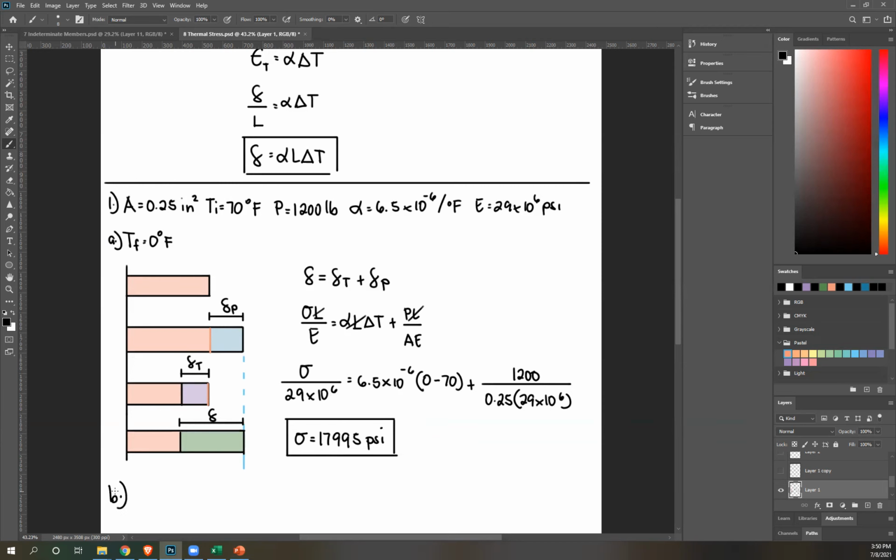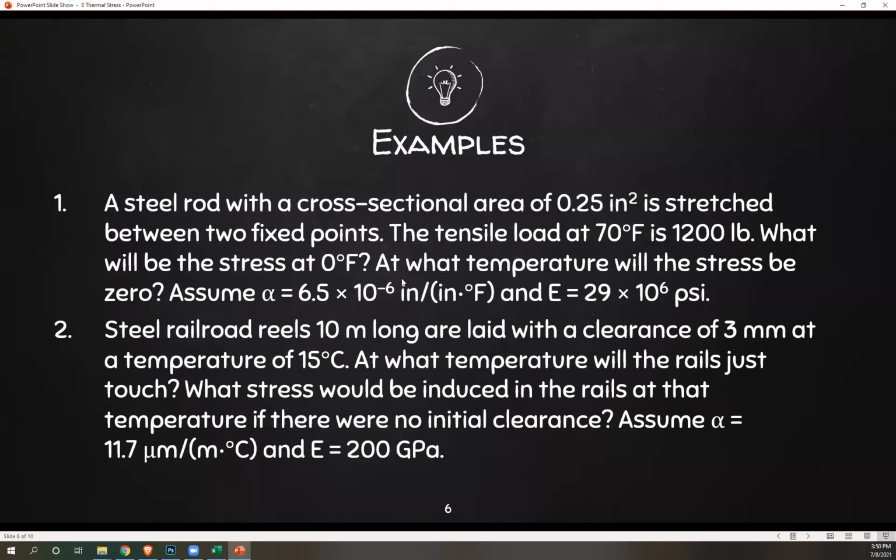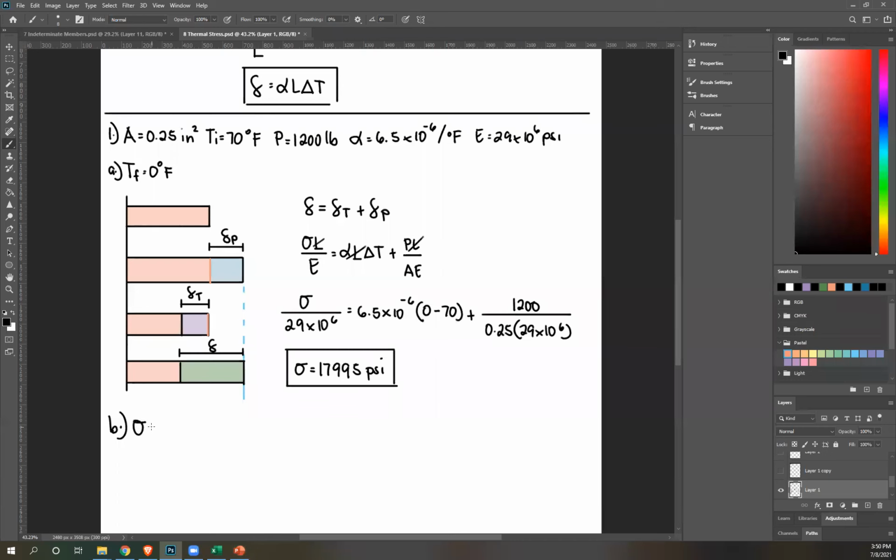Next, what about part B? Part B, at what temperature will the stress be 0? Assume. So now our stress is 0. So in what situation is stress 0? That's when all the deformations cancel out, right? So for example, in this scenario,